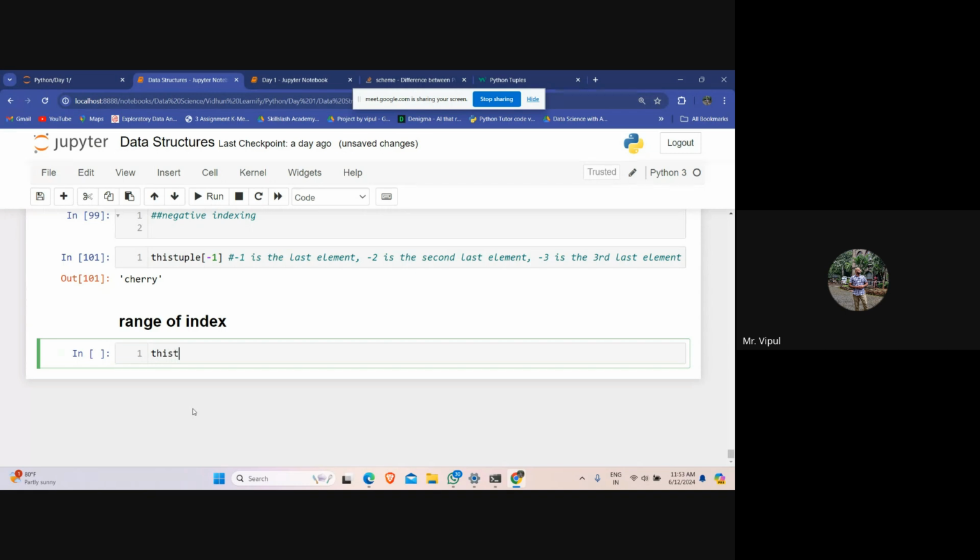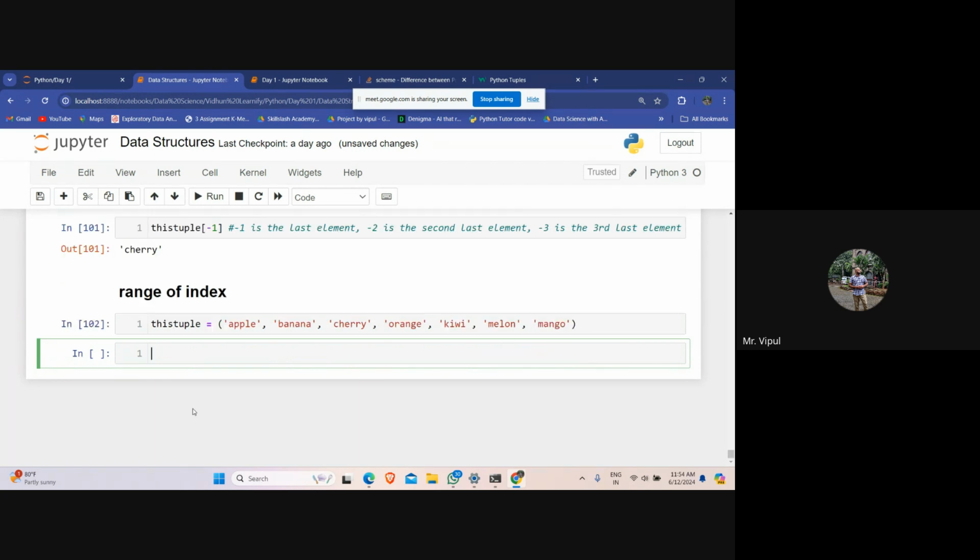So if I write this tuple is equal to apple, comma, banana, comma, cherry, comma, orange, comma, kiwi, comma, melon, comma, let's take mango.